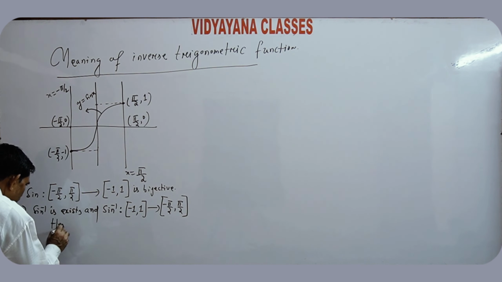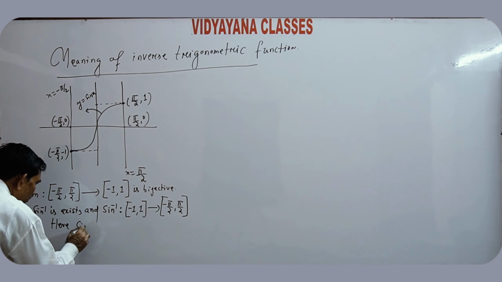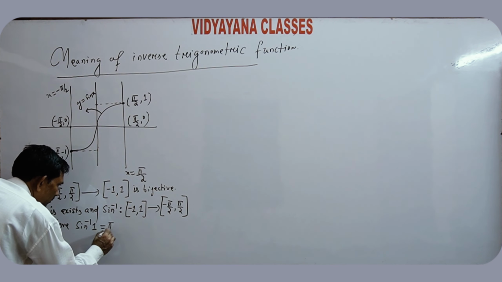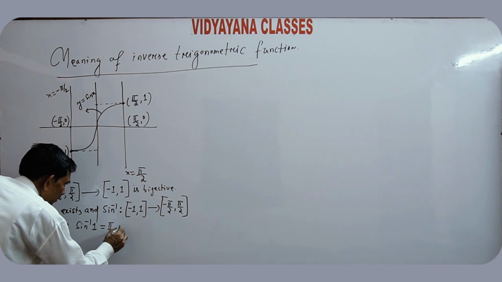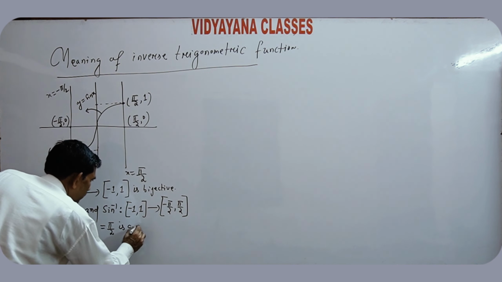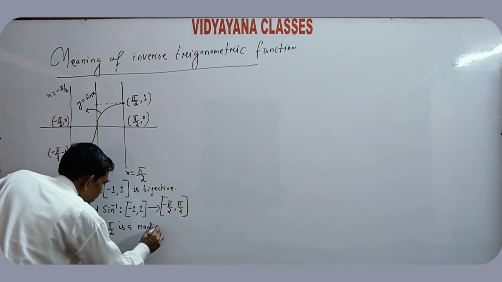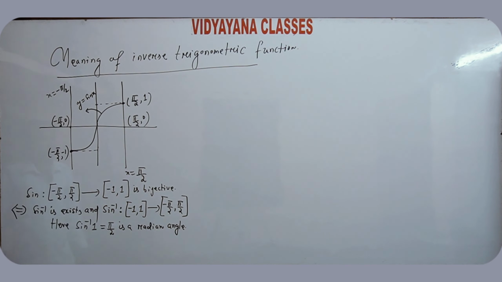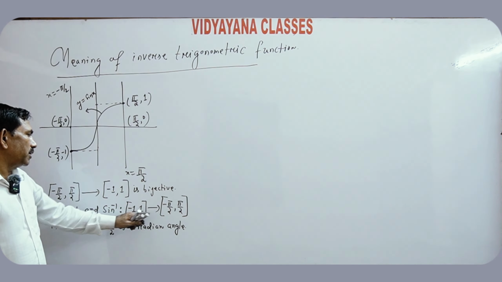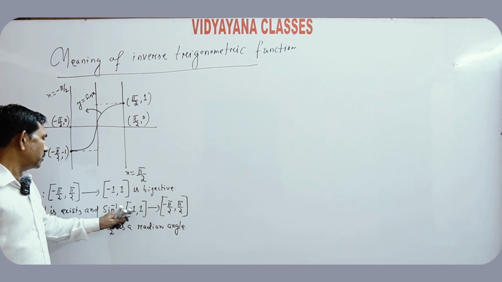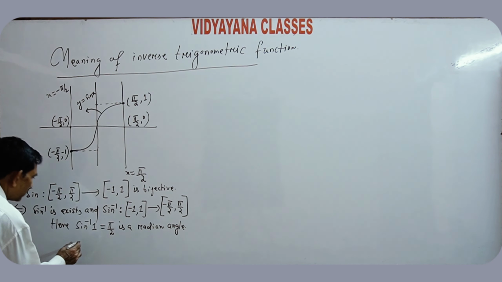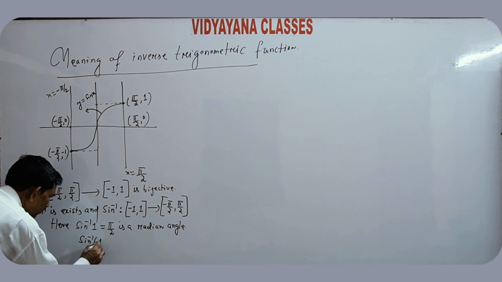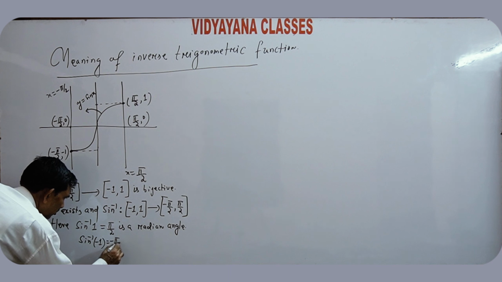Here, sin inverse 1 is equal to pi by 2, is a radian angle. Sin inverse operates on 1 gives pi by 2. Sin inverse operates on minus 1 gives minus pi by 2. Sin inverse minus 1 is equal to minus pi by 2,